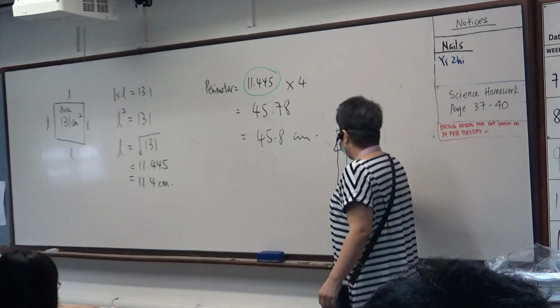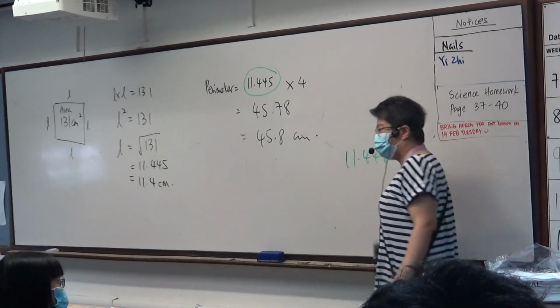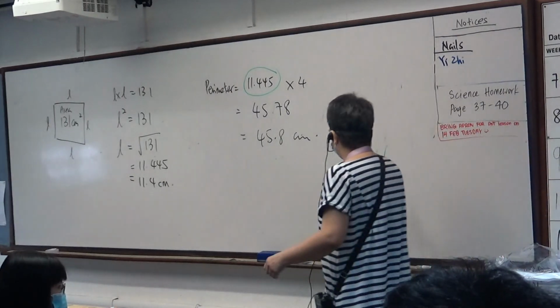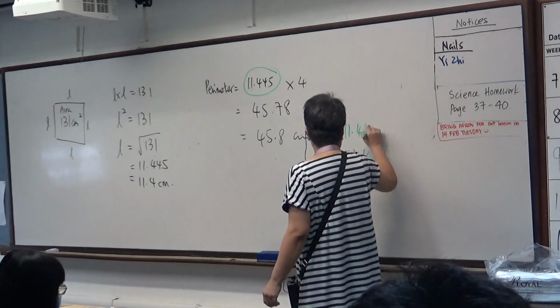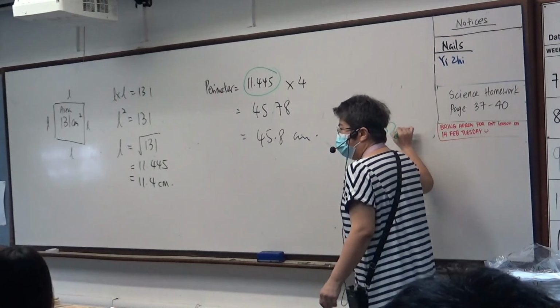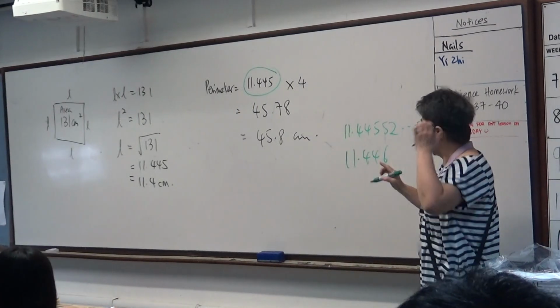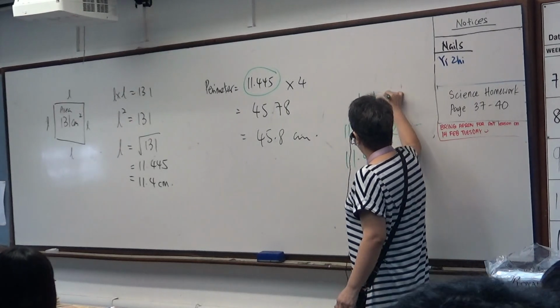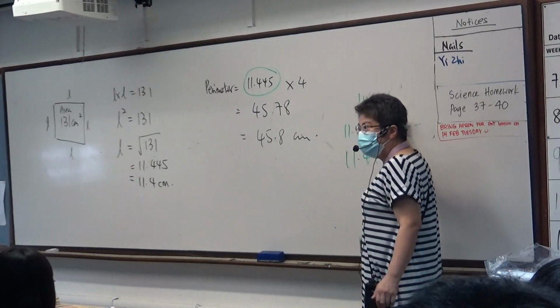Now, the textbook writes 11.446. Right. That's why your computer says what? 11.44552, right? Now, what the textbook did was that they rounded off to 5 significant figures, truncated, 11.446 as here. Okay, now,